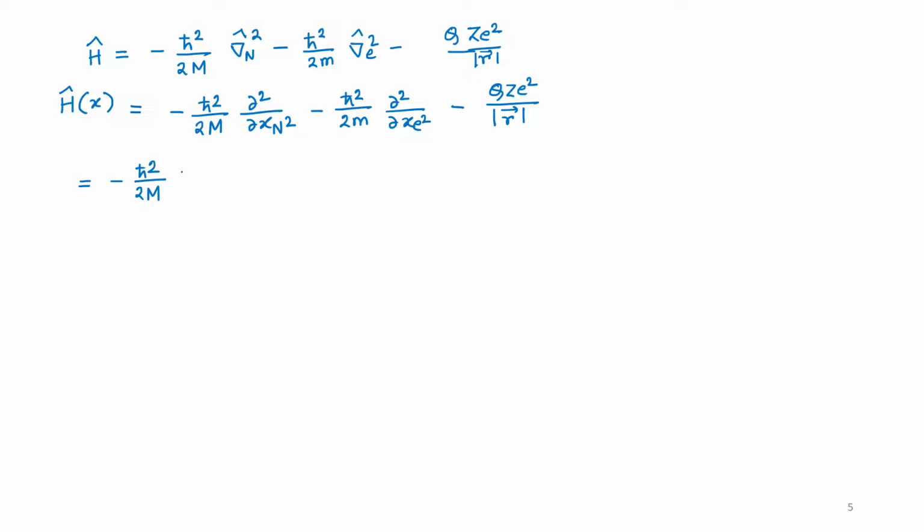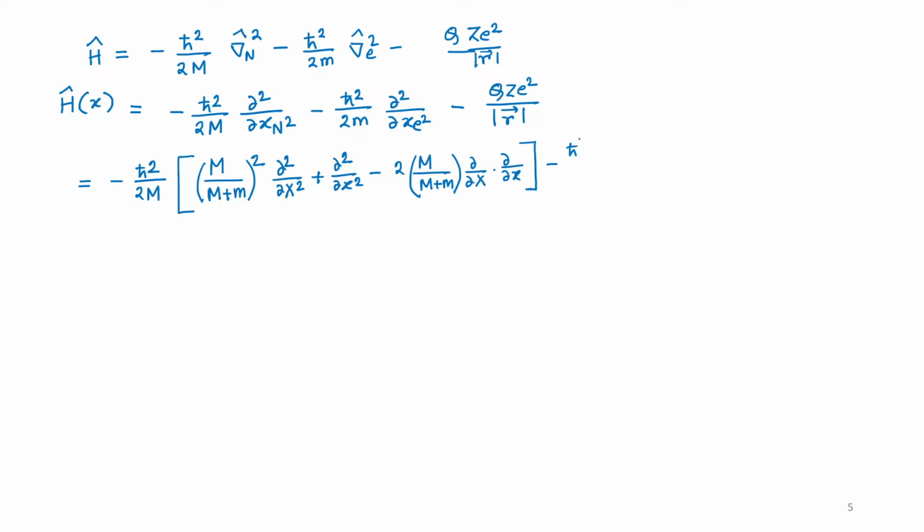And the values are m by m plus m whole square, del 2 del x capital X2 plus del 2 del small x2 minus 2, right. And in this case we have